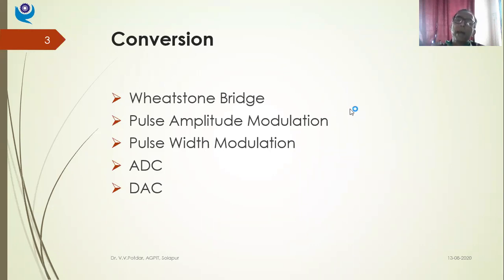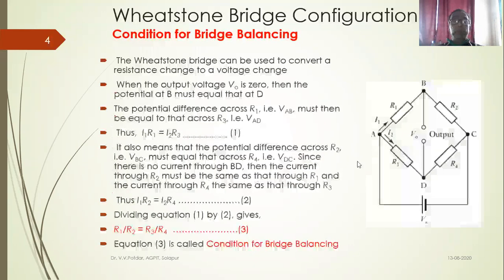We'll do some analytical part with the Wheatstone bridge. Two expressions we need to derive. Simple expressions are there. As I just now told you, the condition for bridge balancing, that is R1 by R2 is equal to R3 by R4, we need to derive. Second, the expression for output voltage. So the Wheatstone bridge configuration is already described. Just to recollect, the first expression we'll try to derive. Friends, please take out a piece of paper, have a pen, and draw this circuit.